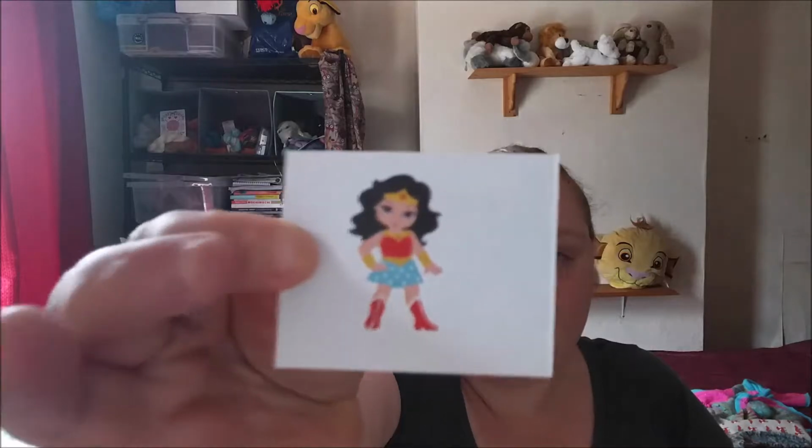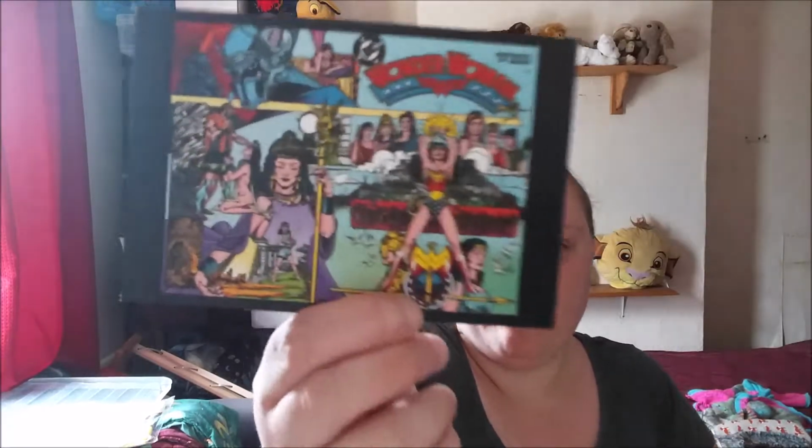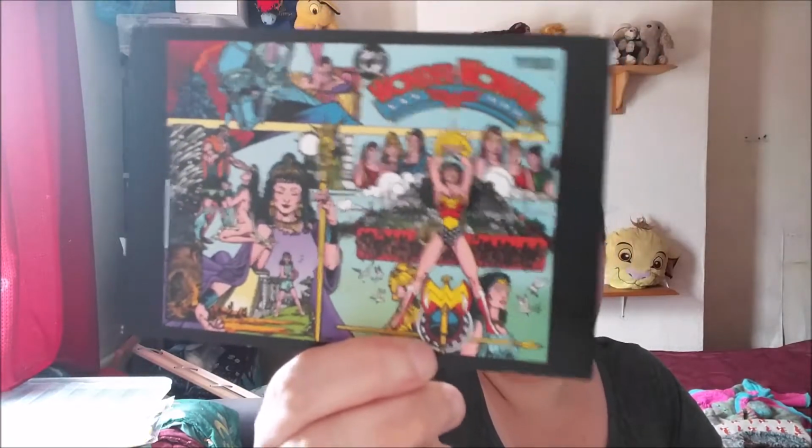Got a little tiny Wonder Woman themed notebook with some post-it notes in it, and I love a good post-it. Who doesn't love a good post-it? Feels like these are homemade. I think Jenny must have made these. A Wonder Woman sticker, a classic Wonder Woman postcard from Wonder Woman #1,